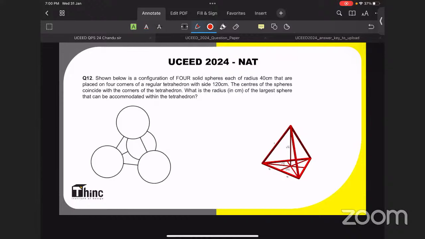So if I accommodate the largest sphere, okay, because one sphere is like this, so this is taking already 40. Okay, so if the question was diameter instead of radius, it could be more handy to solve. Okay, because 20 centimeter diameter, sorry, 20 centimeter radius will not make any issue in this question. We could simply solve it.